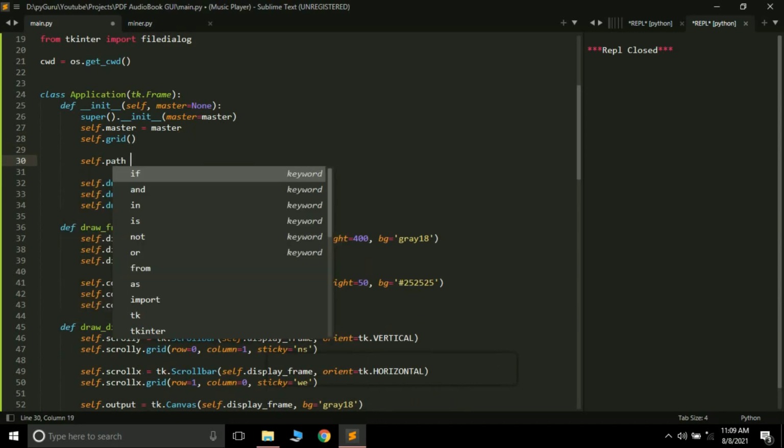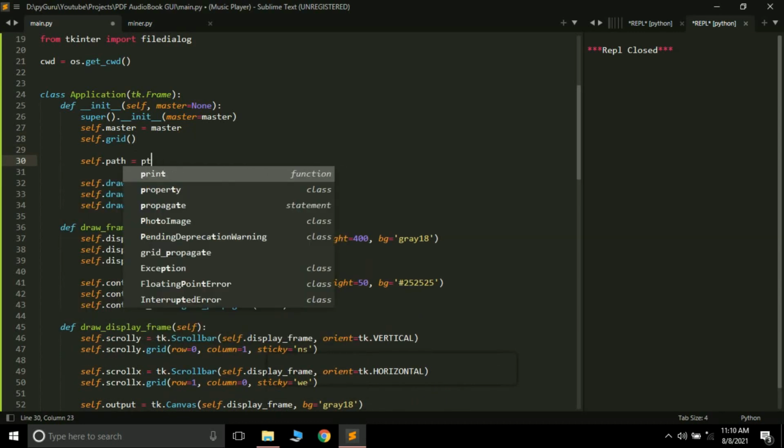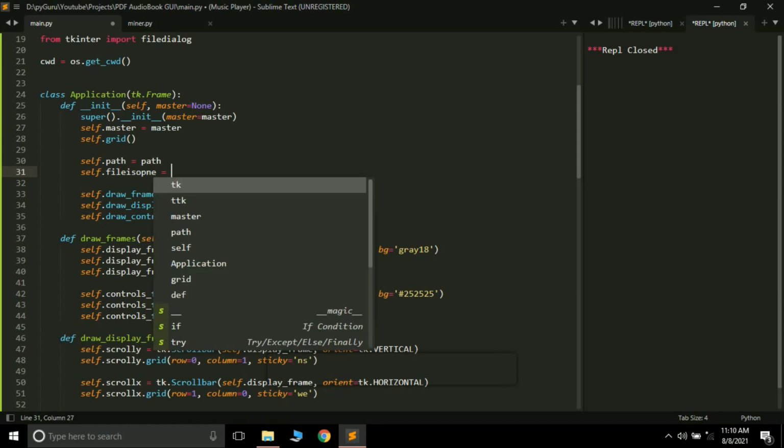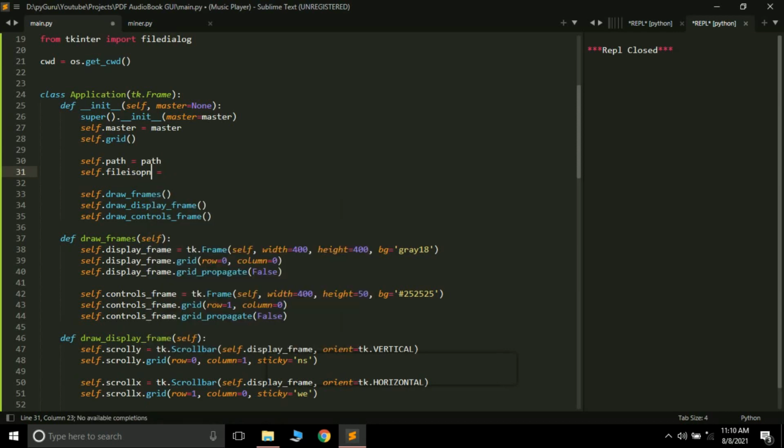So self.path equals path, self.is_file_open. It will basically tell if the file is open or not. Currently no file is open, so here we have to pass None. Currently there's no path in the path variable.